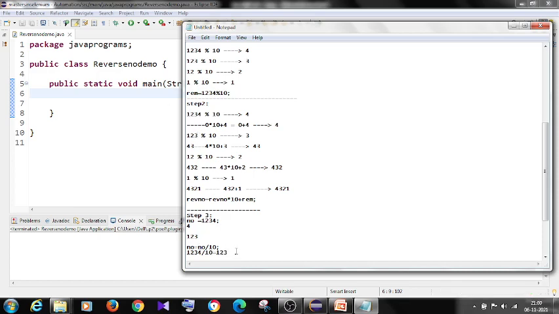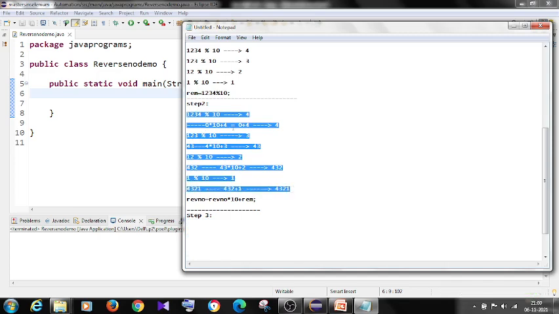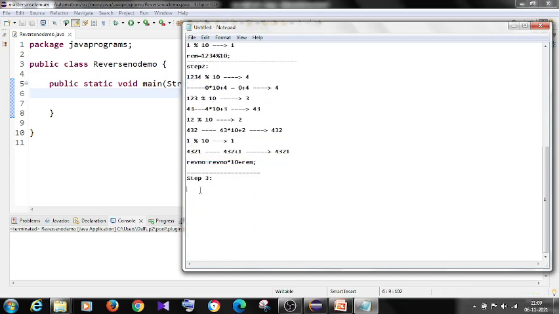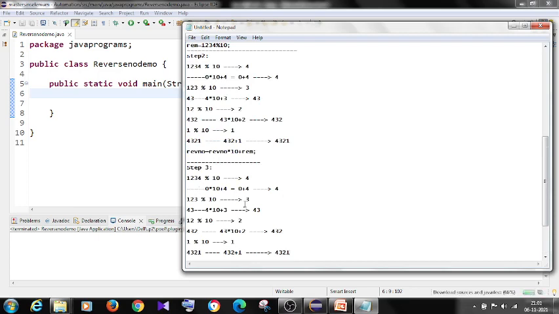Okay, so I want to achieve this one, right? This is a way we can do it. Okay, now I'll implement and copy this one. Now how can I implement this one? Num, that is 1 2 3 4 divided by 10, result will be 1 2 3.